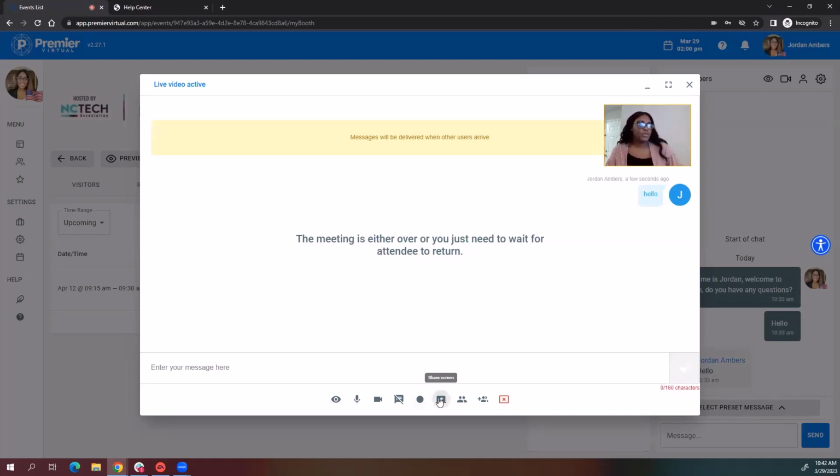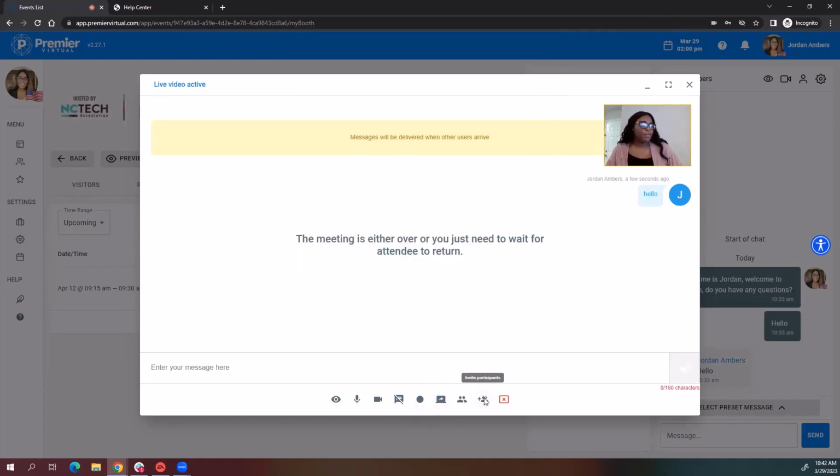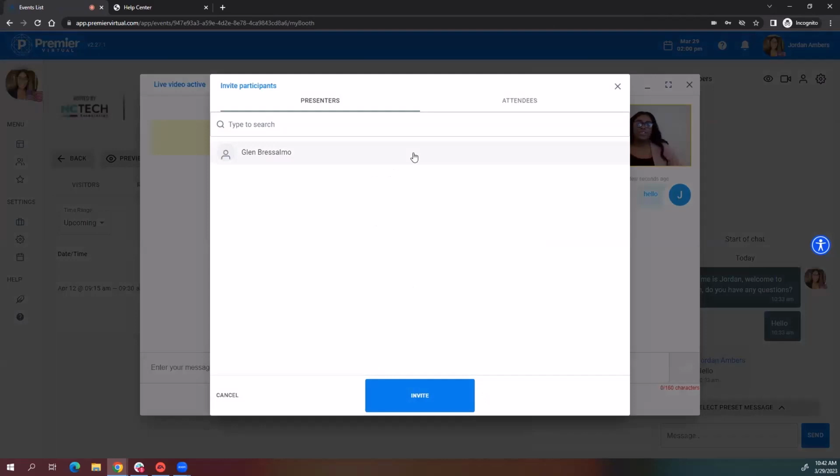You can also use the share feature if you would like to share your screen. And if you would like to invite additional users of your booth into that video call with you, or if you would like to invite additional attendees,